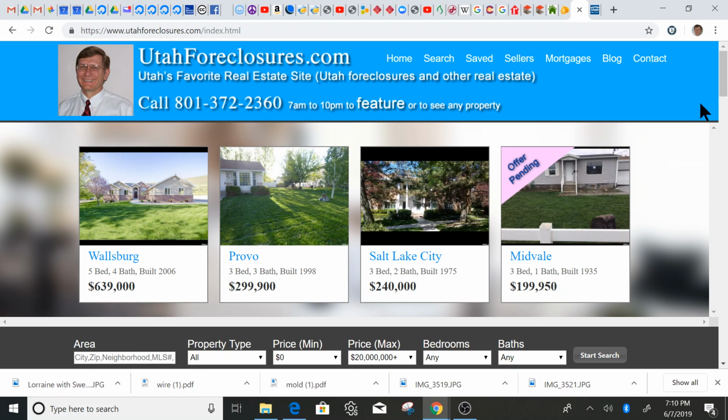Well, this is Rod, Appraiser Broker, and we're taking a look at homes for sale that are new on the Utah market. And we'll take a look here at utahforeclosures.com. And this is pretty unusual, but there's a foreclosure right there in Wallsburg, another one in Provo, another one in